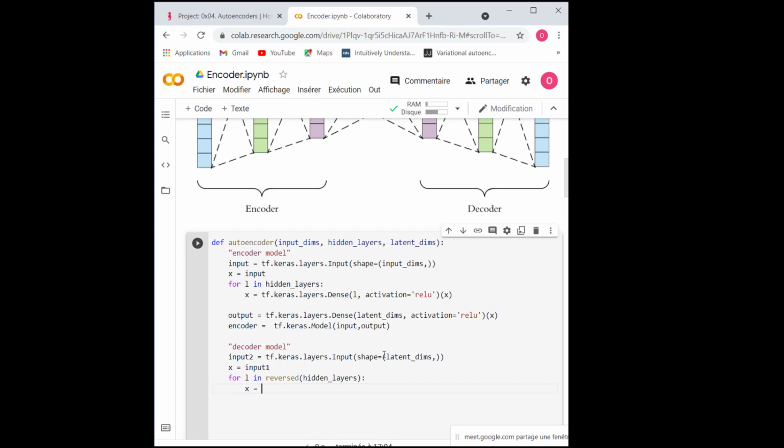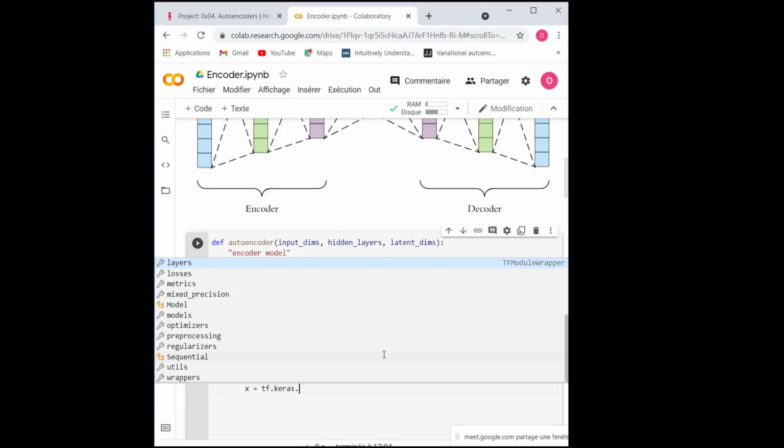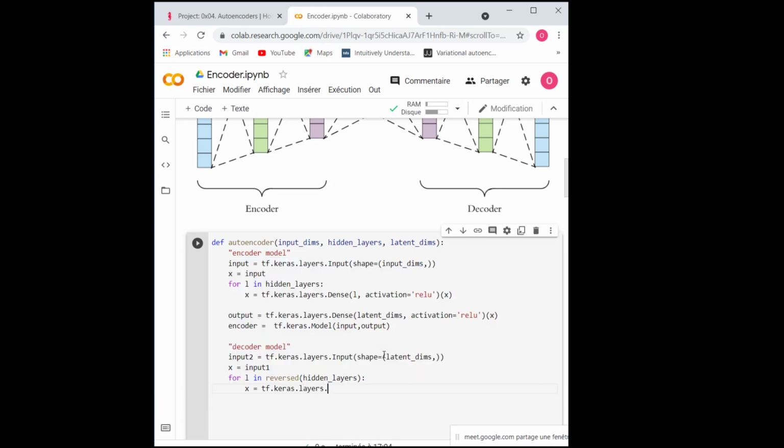So my x will take the dense layer, and then it's going to take my L. After this I have the activation function as ReLU, and this one will take my x. So this is for my hidden layers.